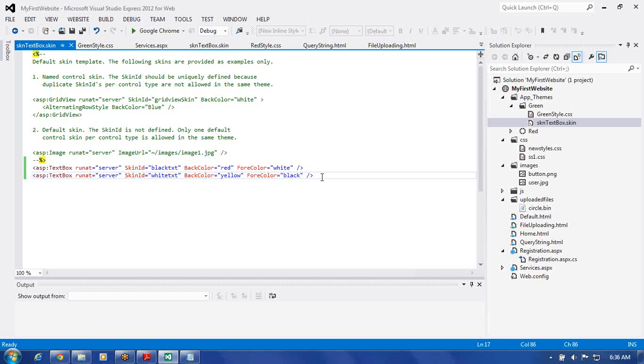So let us try to put some other skin also in this. The skin for it can now be a label. Use label here, then colon, this is label we write here. Label is a read-only element. Run at equal to server, we put run at equal to server, then followed by SkinID we take here. SkinID equal to LBL, we put LBL for label skin,